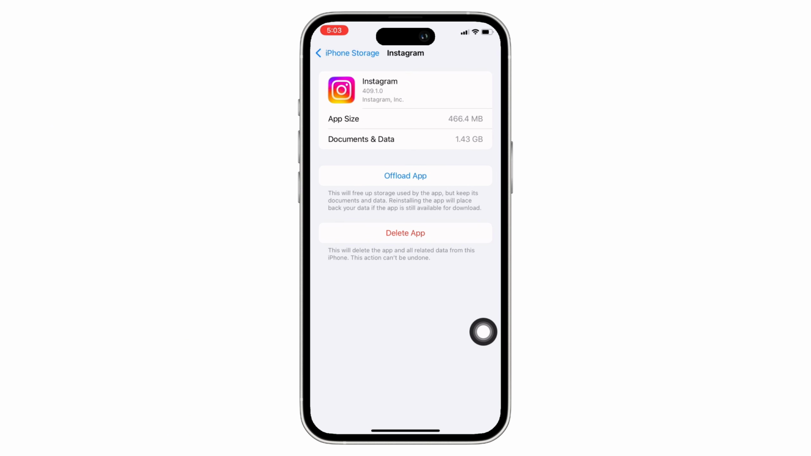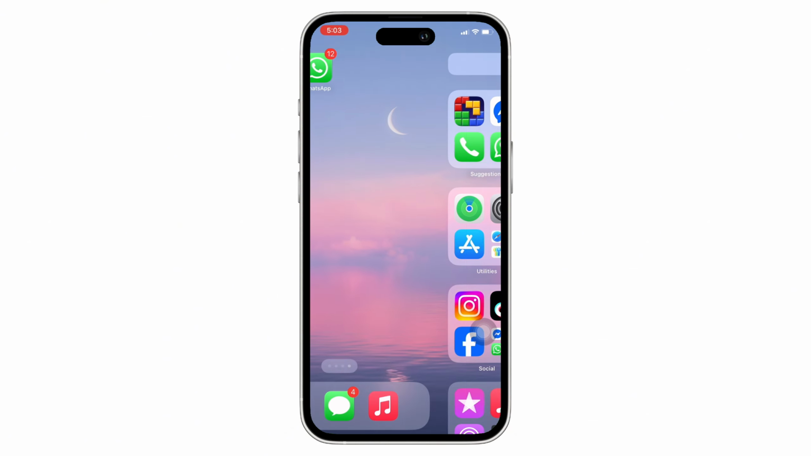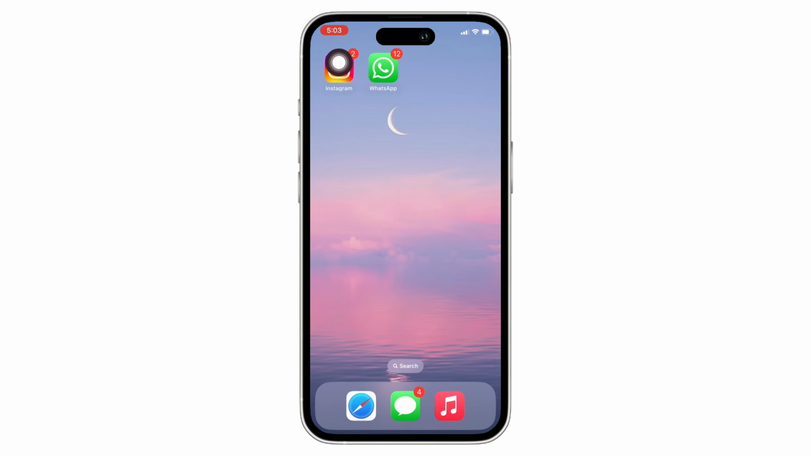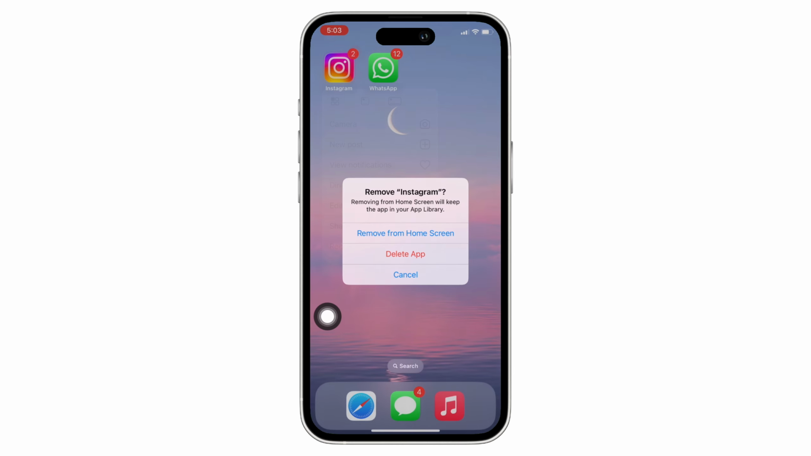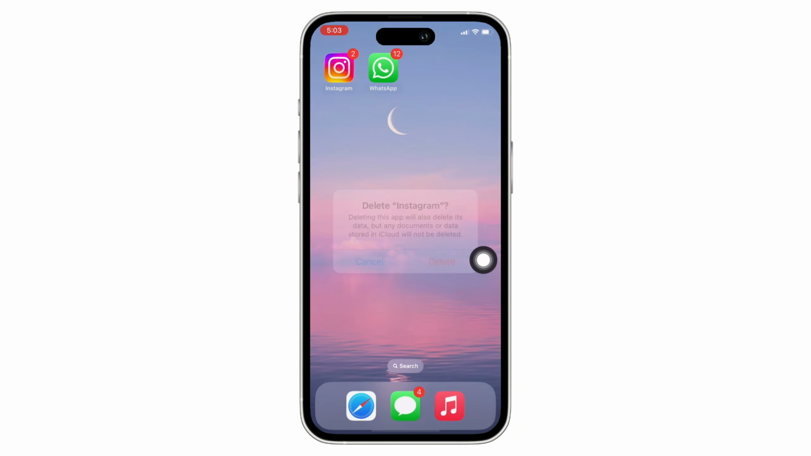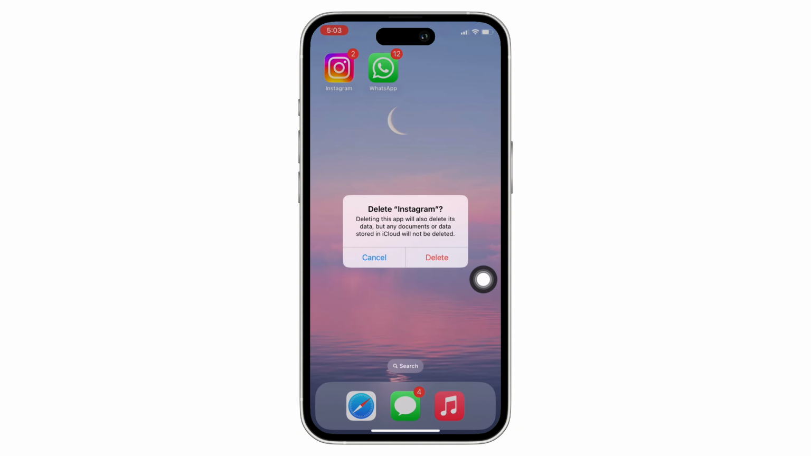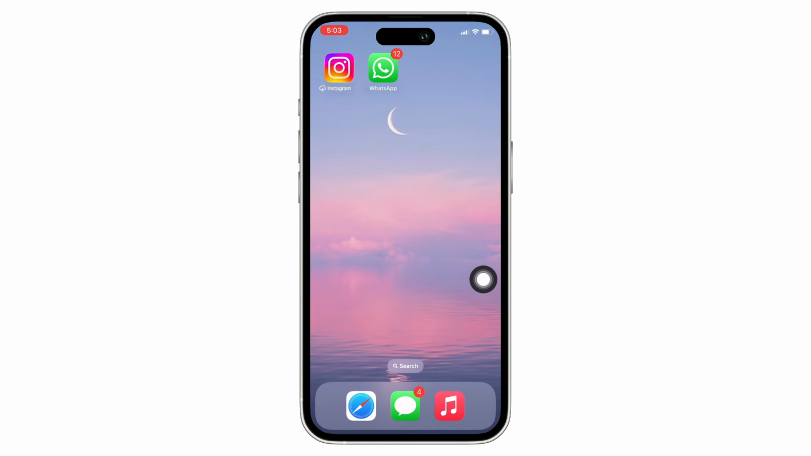And if your issue is still not fixed, then try to reinstall Instagram as our last resort. So on your home screen, tap and hold on the Instagram icon and then tap on the remove app option and then tap on delete app. Once deleted, reinstall from your App Store or your Play Store and log in again and see if your issue